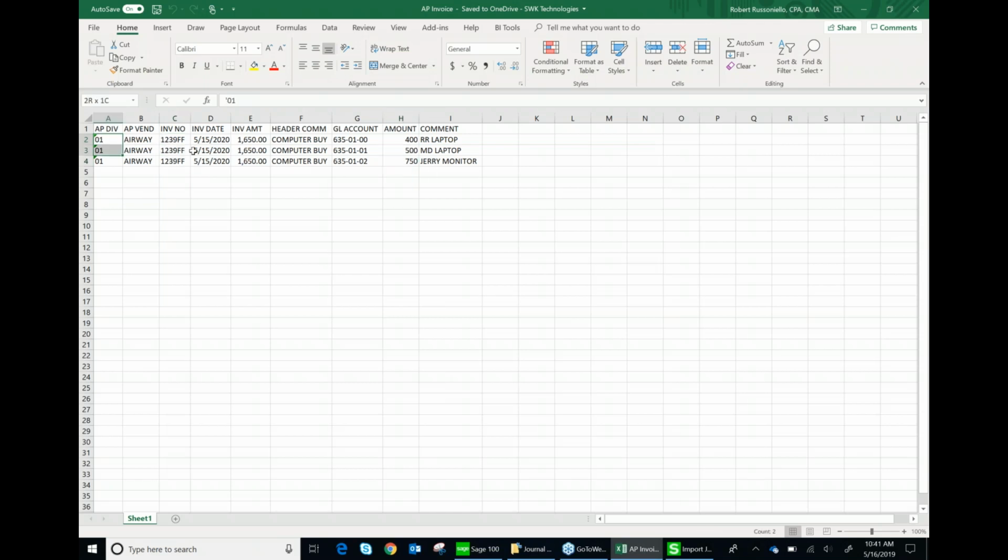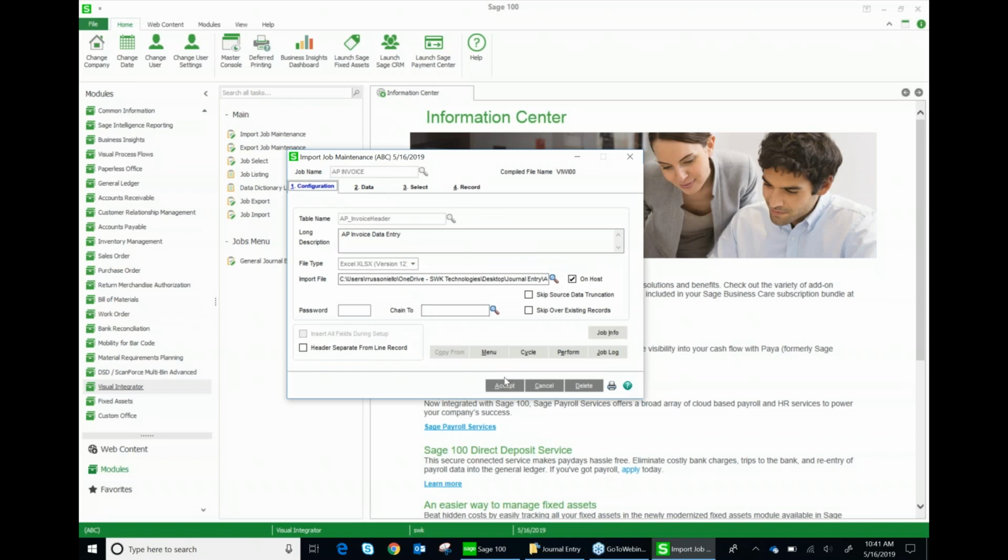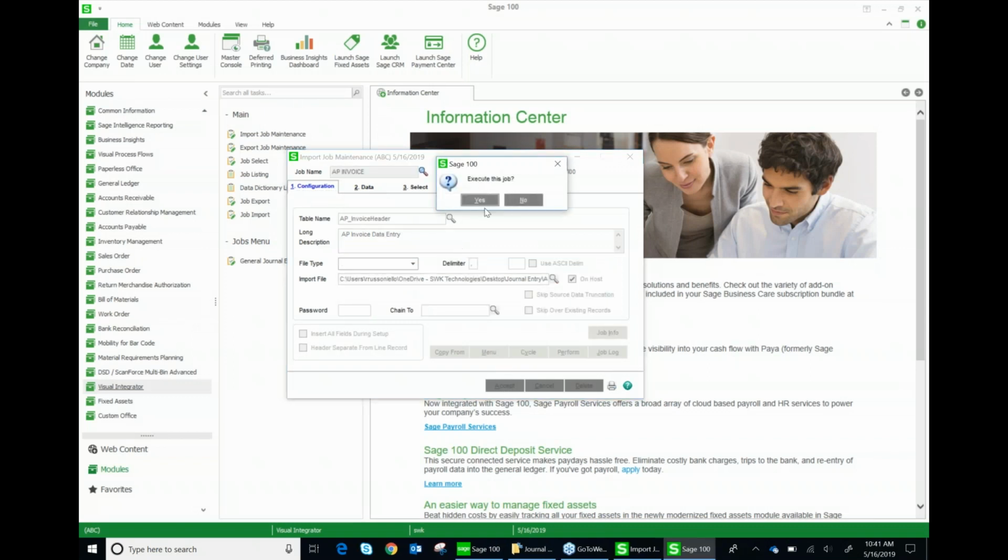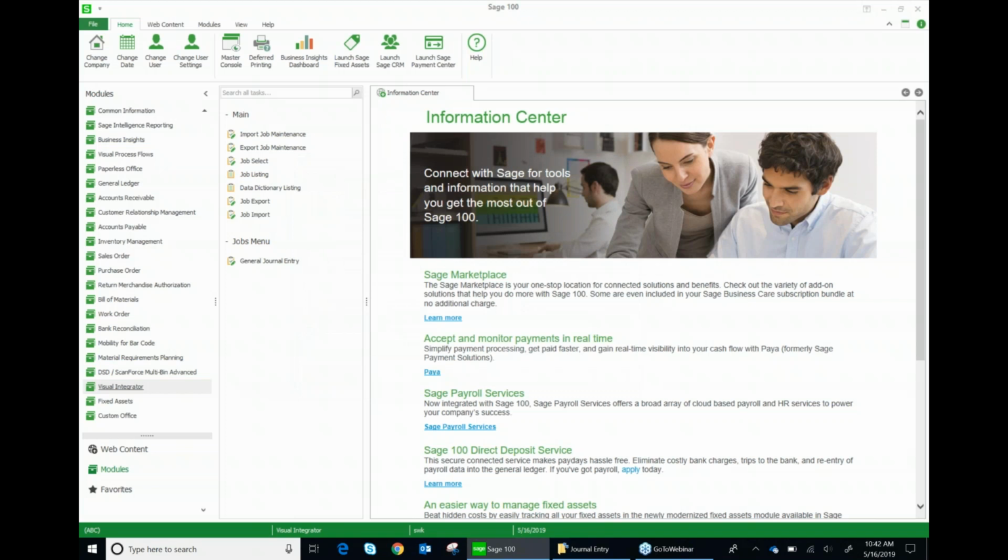So if you notice how I set it up, I have to repeat the division number, the vendor number, the invoice number, the invoice date. This is considered header type information. Line type information, the GL account number, amount, and comment, of course, are going to be individual per line. But I have enough information here to create a VI job called AP invoice. If I go to accept and I run it,